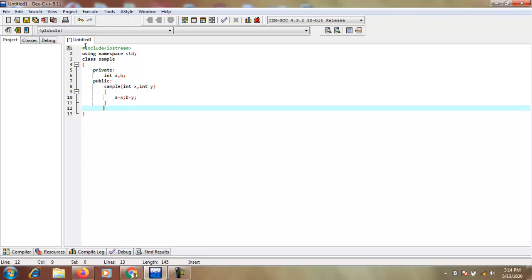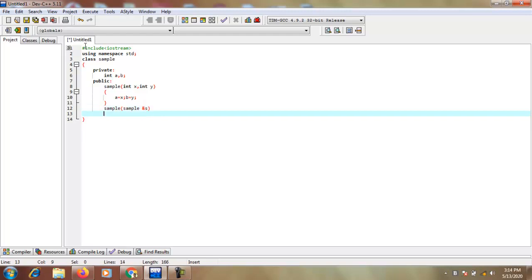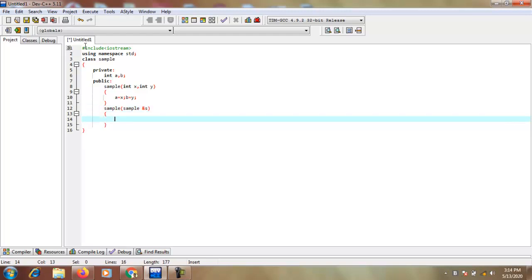Okay, and again I write the simple definition of a copy constructor. So the name of the function, and then create a temporary object. With the help of this temporary object, one object is totally copied by another object of the same class.